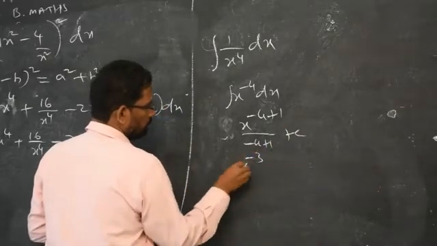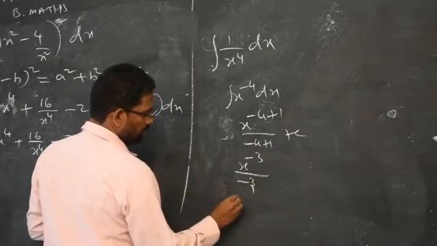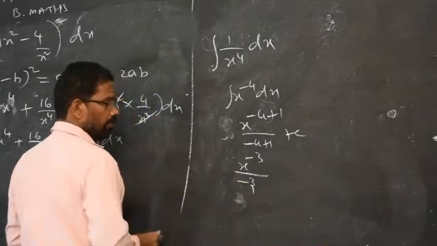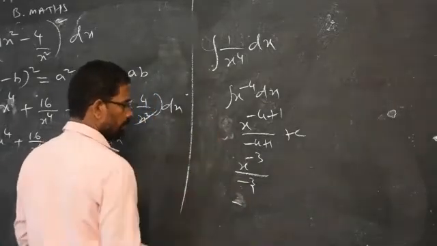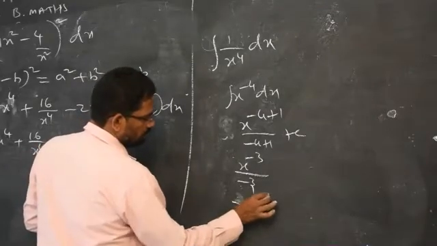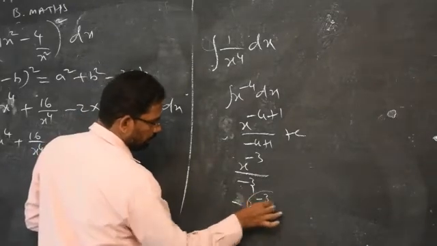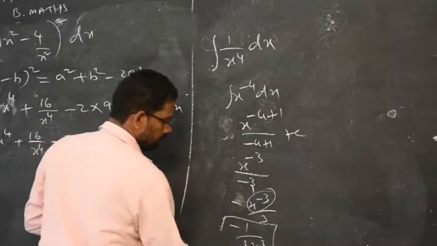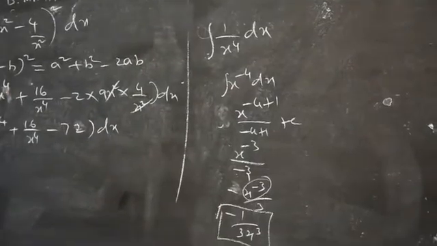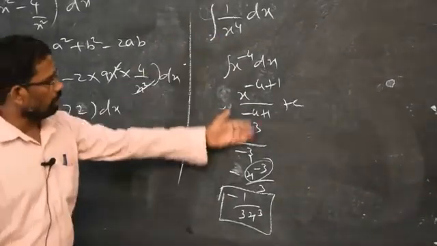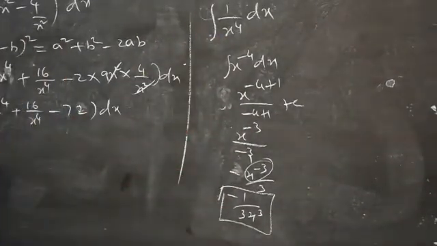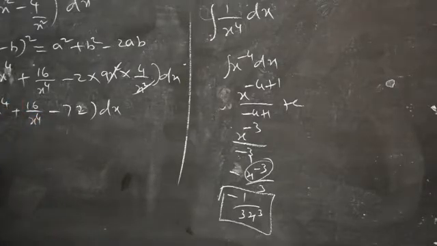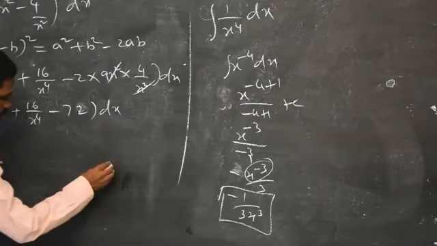So your answer is x power minus 3 by minus 3. Then you can rewrite it, you cannot keep the negative sign in the denominator. According to the rule you bring it to the numerator, so minus x power minus 3 by 3. When the power of x is negative, you can bring it down, you will get the integration format as usual. So instead of going through this long process, just keep it in your mind, when the variable is alone in the denominator with a power other than 1,